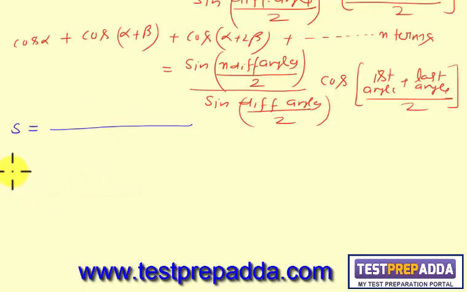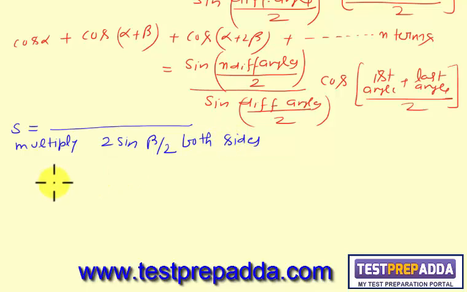Now if I multiply 2 sine beta by 2 both sides, it will become 2 sine beta by 2 into S is equal to